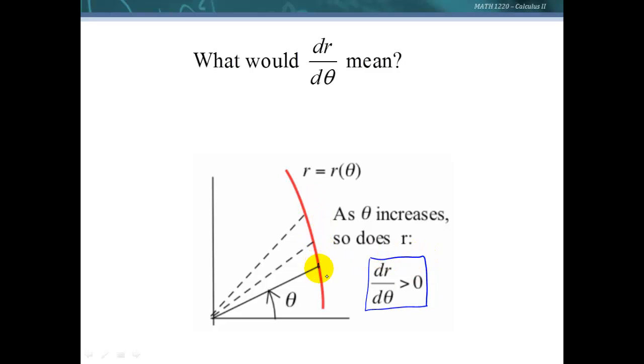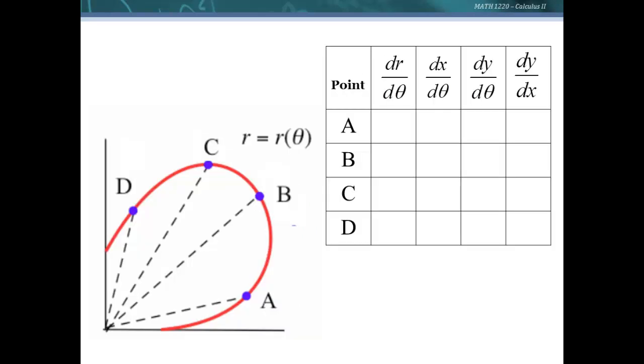But as we look at this, the slope of the tangent to the curve is definitely negative. So dr d theta is not anything to do with the slope of the tangent to the curve. It is simply the rate of change of the radius with respect to theta. Let's look at some different rates of change then on this curve, and we're going to decide if they're positive